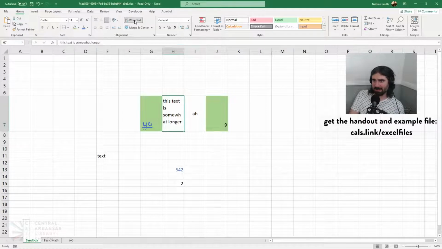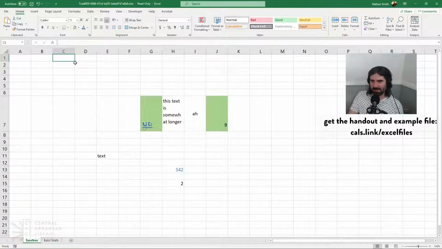If you want to turn this off, you just select the cell and click wrap text again to turn it right back off. The other option you have up here is merge and center. And this is used more often than not for things like titles. With a title, so let's say that I put